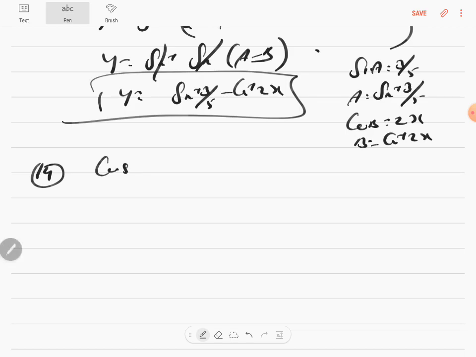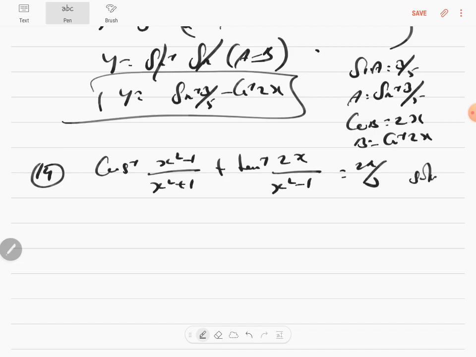Cos inverse of x square minus 1 by x square plus 1 plus tan inverse of 2x by x square minus 1 is equal to 2 pi by 3. You have to solve for x. Okay, solve. So you know that this itself, you have to switch it like this, so that you get 2